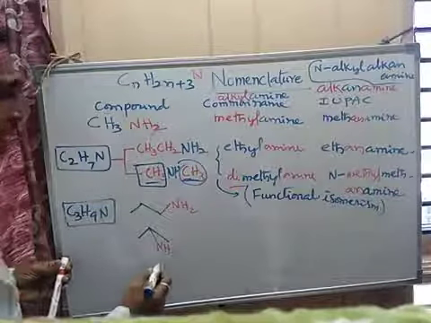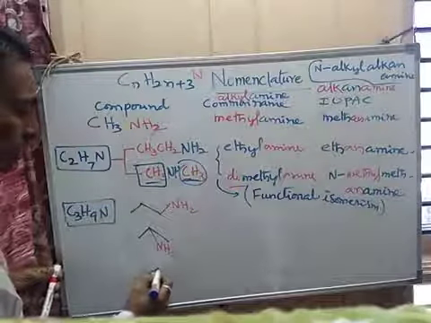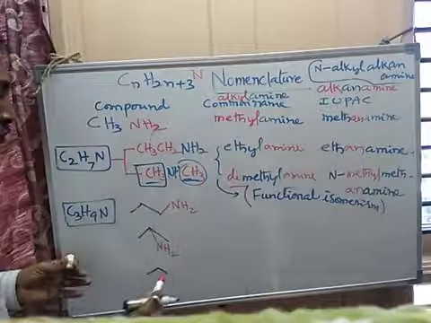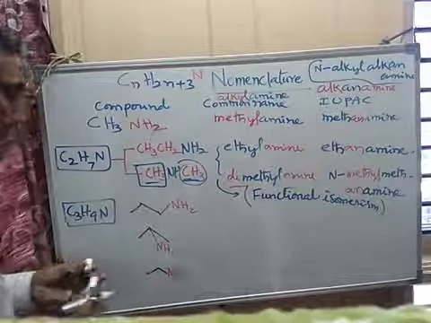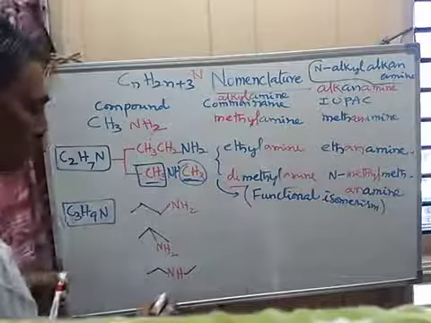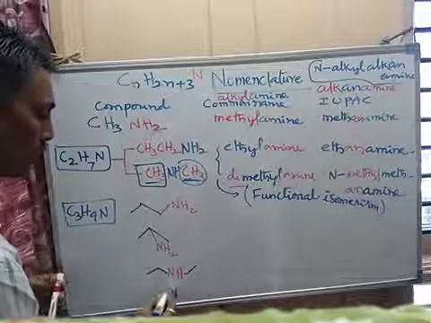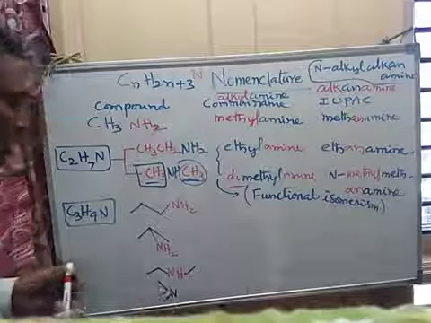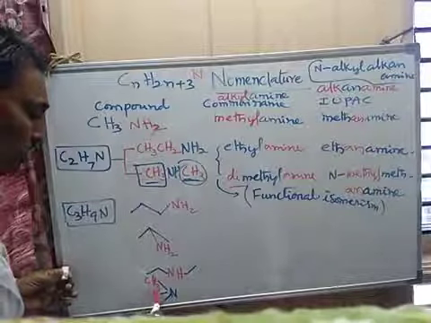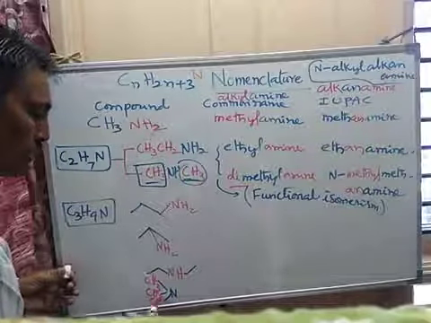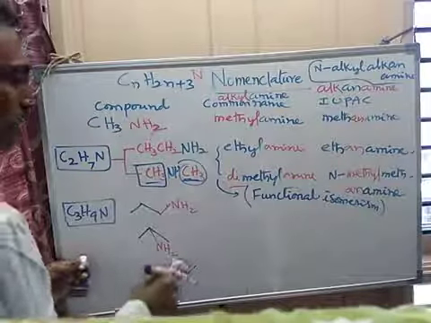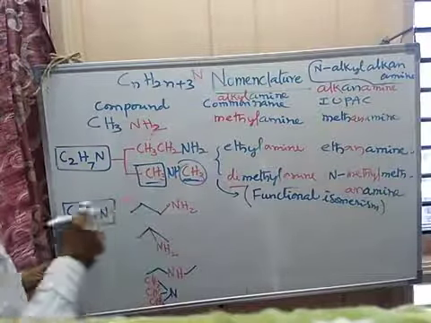Another structure is to write two carbons and write N, with one carbon on the other side. The last structure is N attached with three alkyl groups, that is CH3, CH3, CH3. This is CH2, CH3, CH3, CH3, CH3. Then